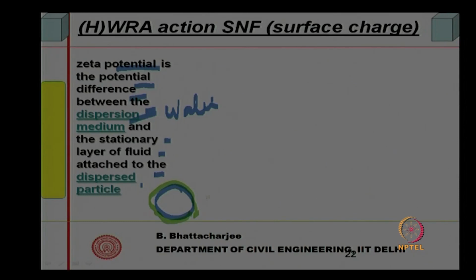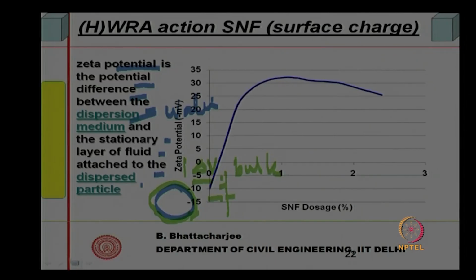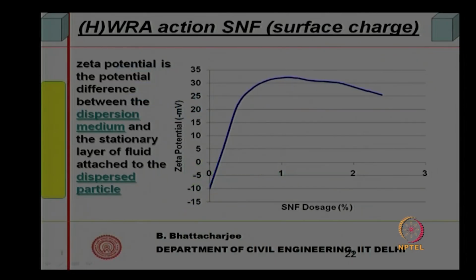So, this water layer and the potential of the bulk water here, this difference is called zeta potential. So, zeta potential is the delta V across the bulk dispersion and the one layer attached here. That is how, by definition, this is the zeta potential, and if you measure this zeta potential, it is observed